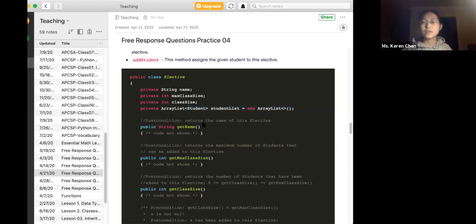Okay, that's the pseudocode. It might sound a little complicated,